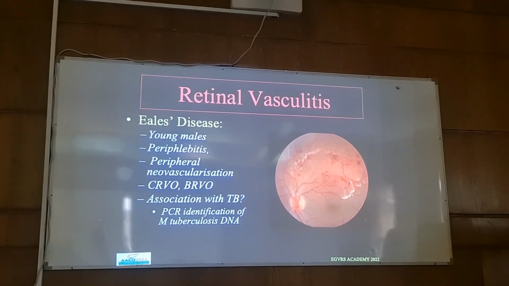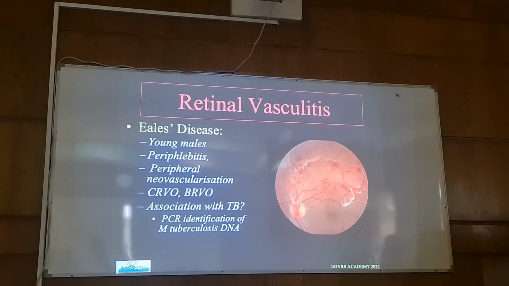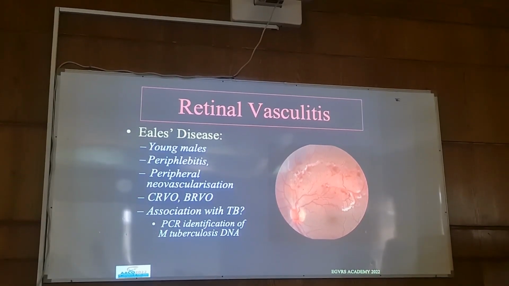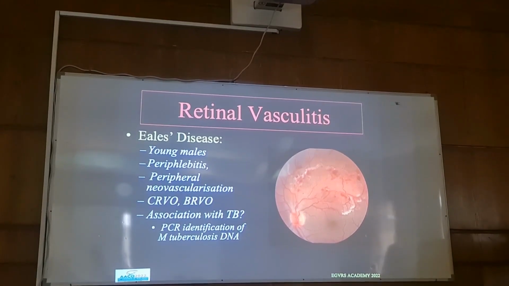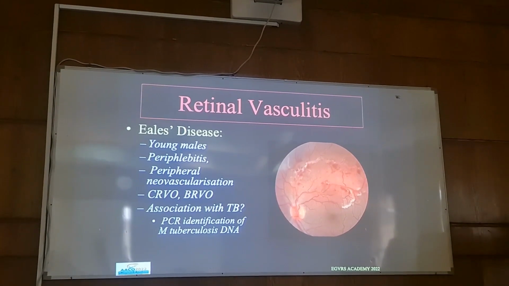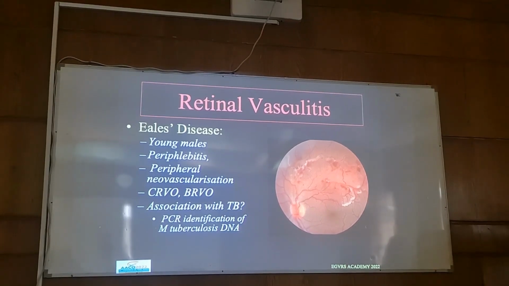Sometimes the presentation is central retinal vein occlusion or branch vein occlusion, and the peripheral neovascularization sometimes is so severe that these patients develop tractional retinal detachment in the periphery, and sometimes the first presentation is bilateral vitreous hemorrhage. مين شاف Eales disease؟ انت شفت كل الحالات؟